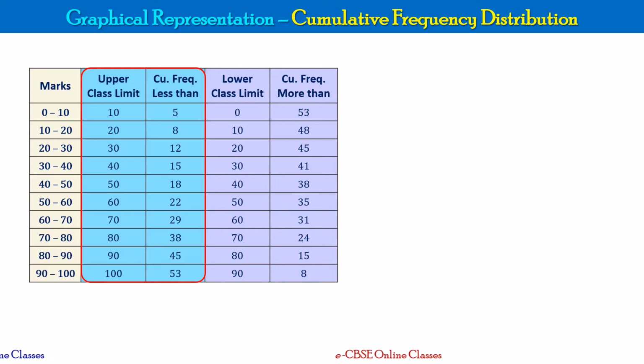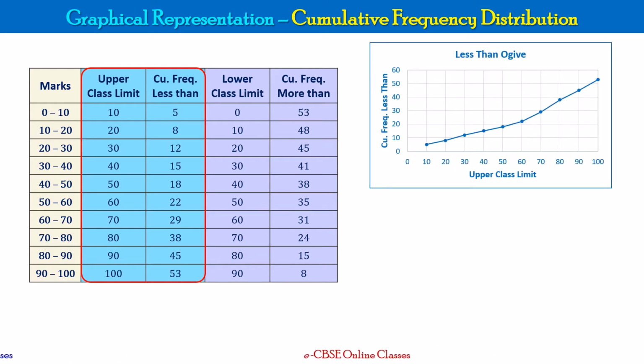In the second video of the statistics module, we have discussed how to do graphical representation of data which is given in tabular form and convert that into a chart format. If you haven't looked at that, please go back and refer to that video. What I'm doing here is plotting the cumulative frequency of less than type versus upper class limit. So the plot looks like this. We call this a less than type ogive. Similarly, I use the cumulative frequency distribution of more than type and make a similar ogive.